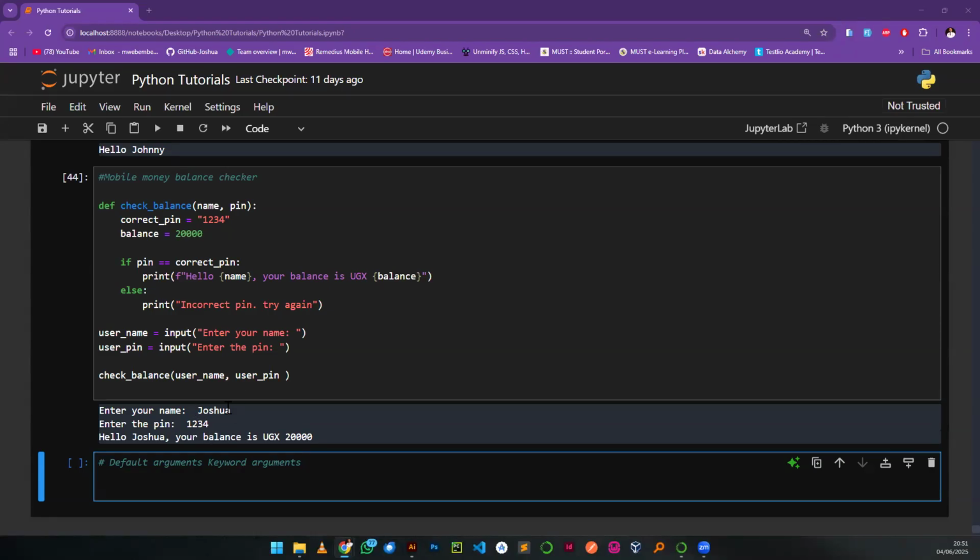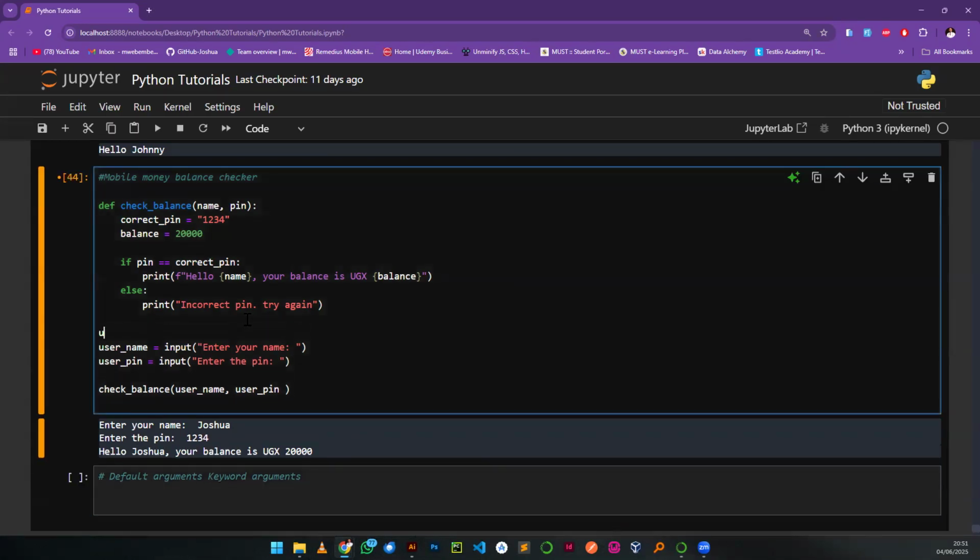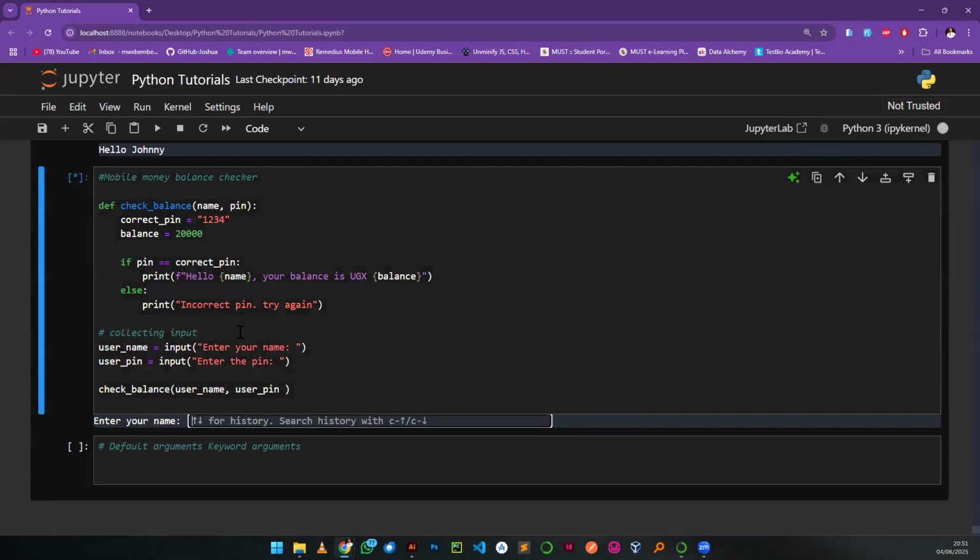You don't see where Joshua is because we are collecting user input here. When you collect the input here, I just basically ran the function, and I can just say,